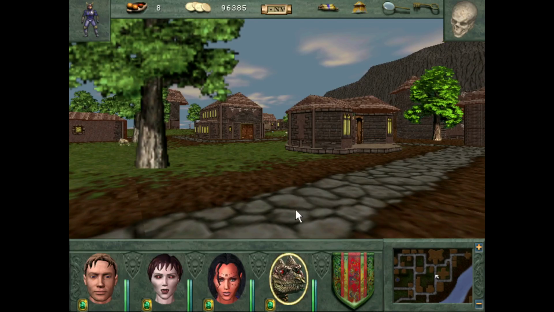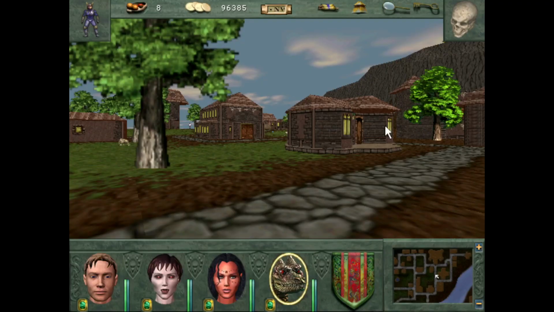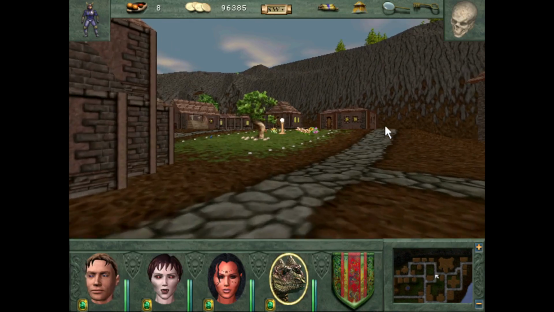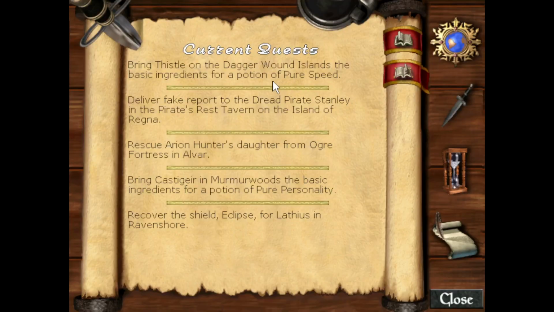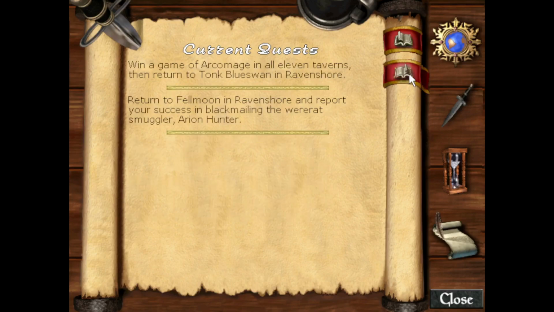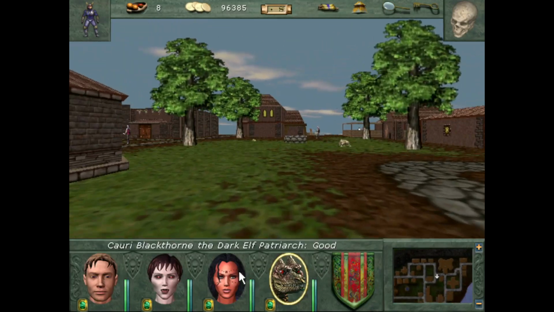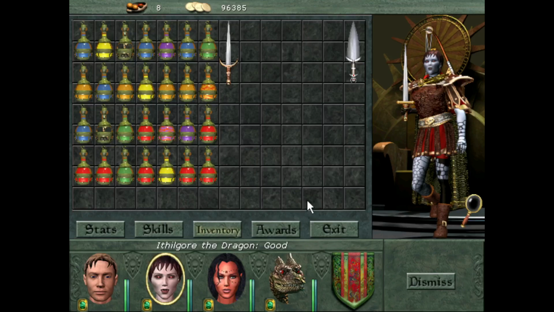What did we accomplish? Well, we advanced the main quest very briefly. We went into the Smuggler's Cove, cleared it out, talked to Arion Hunter. We also found the Anointed Herb Potion and brought it back to Languid, completed that quest. We gained a bunch of levels. Our party is looking in very, very decent shape. And also, we completed a few